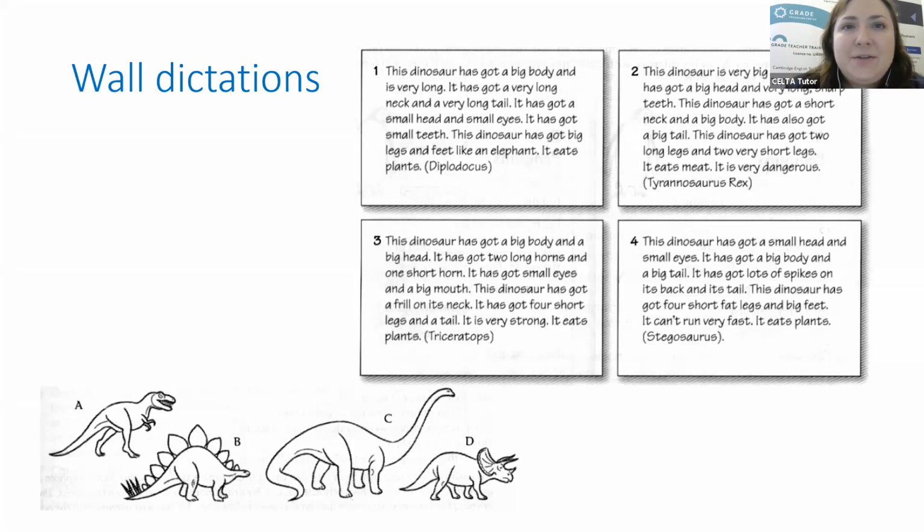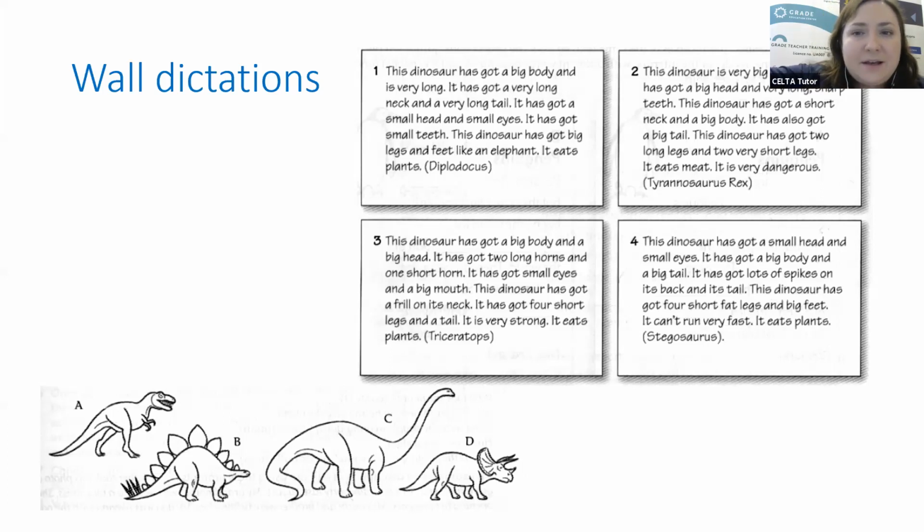In this activity, we have 4 different dinosaurs who look very different, and we have 4 descriptions of these dinosaurs. What we can do is divide our class into 4 groups, ideally, of several students. And we need to put them in the corners of the classroom and stick the descriptions of the dinosaurs